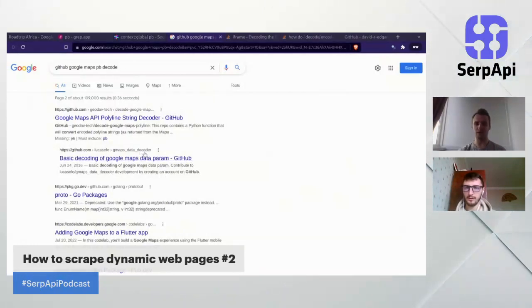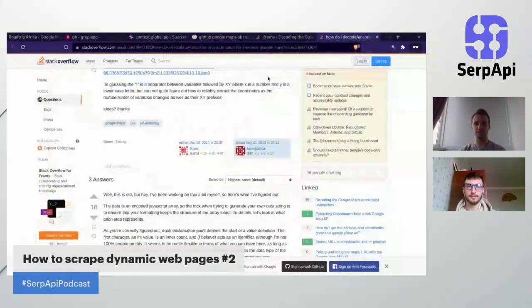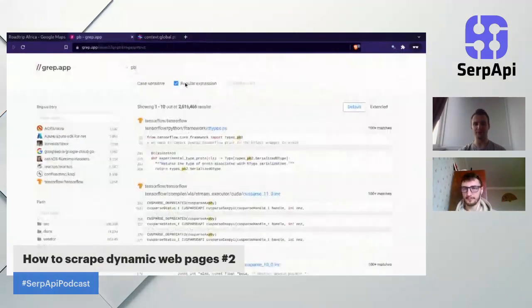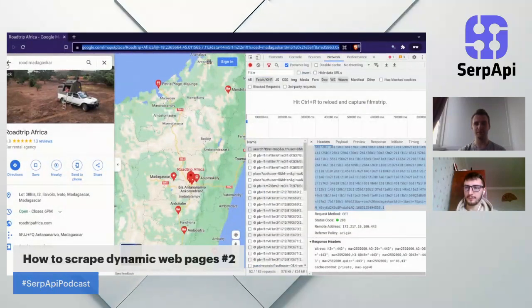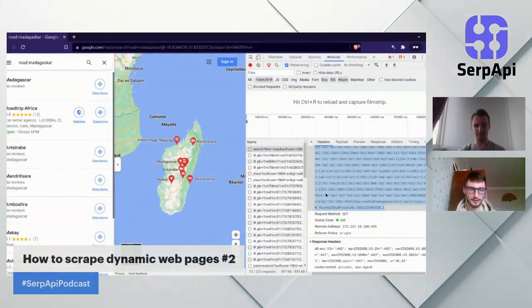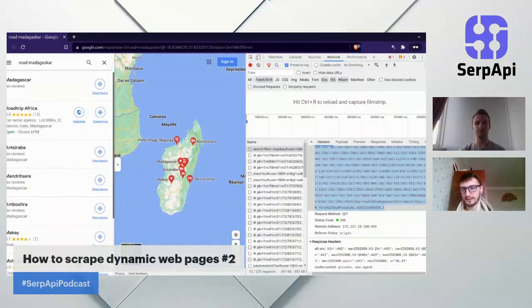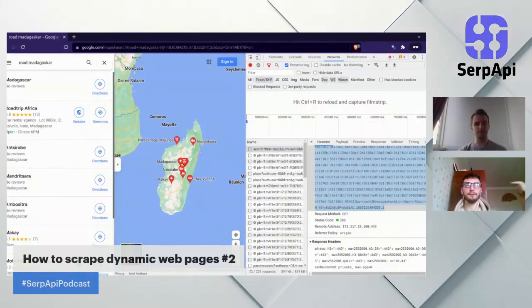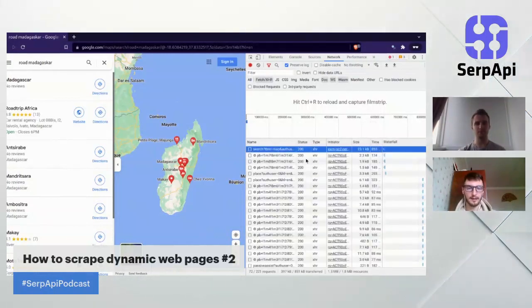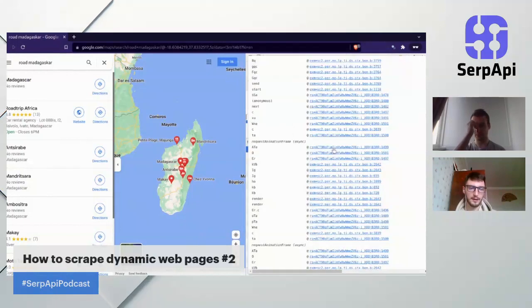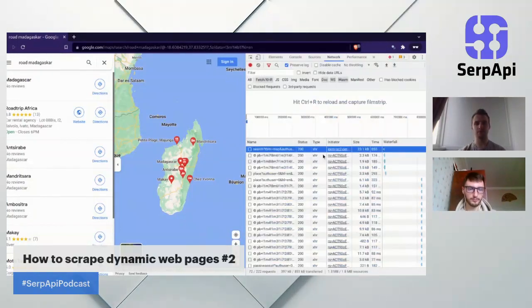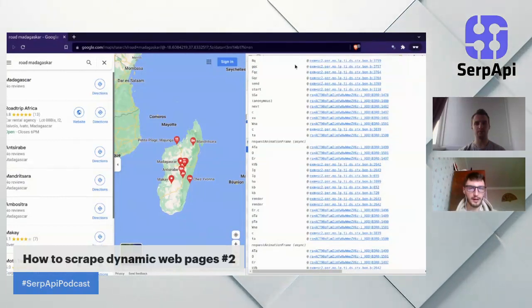Sorry, I guess it's not really necessary to show right now. Okay. So I searched on GitHub and found some tools, some scripts to split request parameters from a string into a nested data structure. Then I tried to understand, getting familiarized with the data. Then I was interested in how the URL is built, and then I used developer tools. So hover over the initiator and